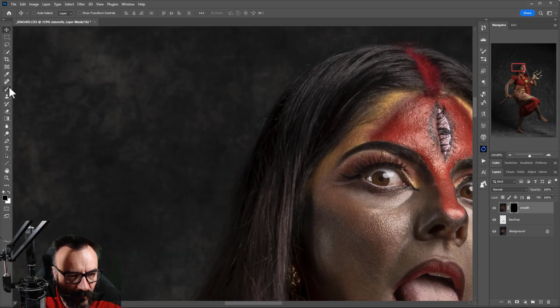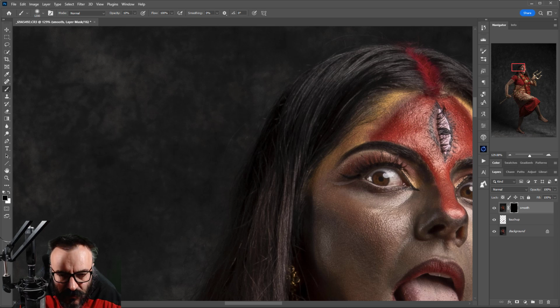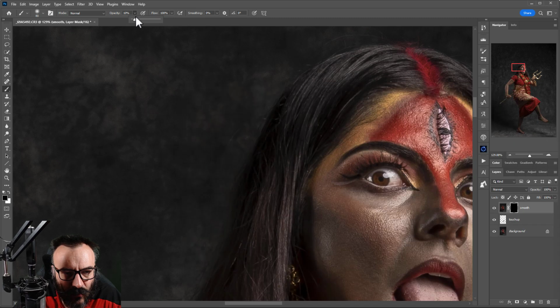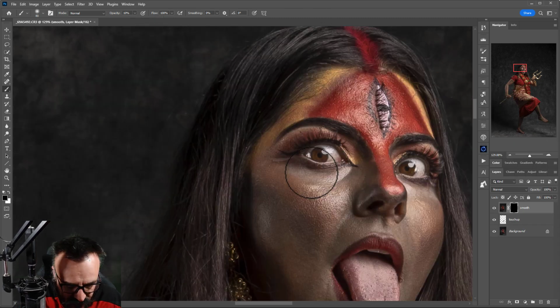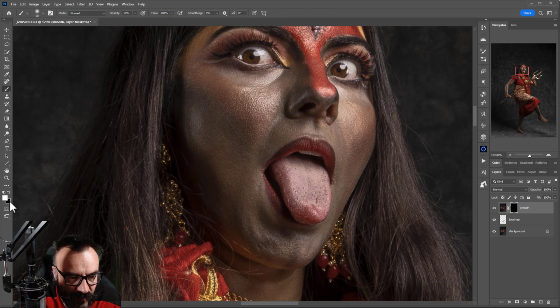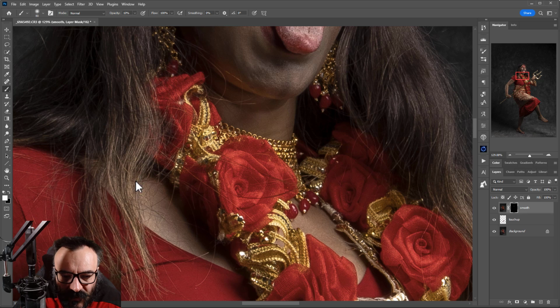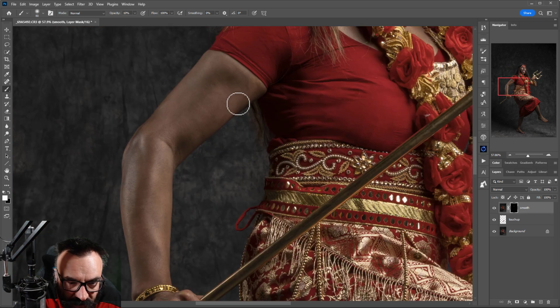Now we can take our brush, and I want a smaller brush. It's going to be soft, round, and we want, say, opacity about 10 at least. Okay, next we'll switch to the white color, and we'll start brushing in some of that smoothness. Okay, so right here. Be careful with this because it is smooth, it removes some of those details. I want to leave some texture there, but what I want to do is tone down a little bit on some skin texturing,